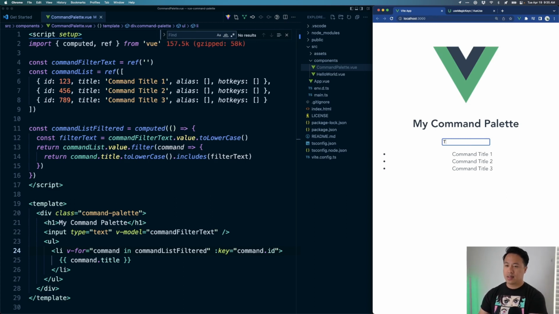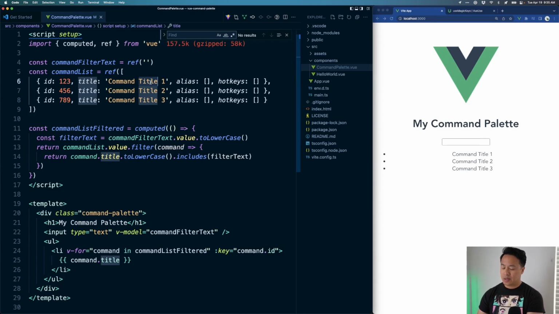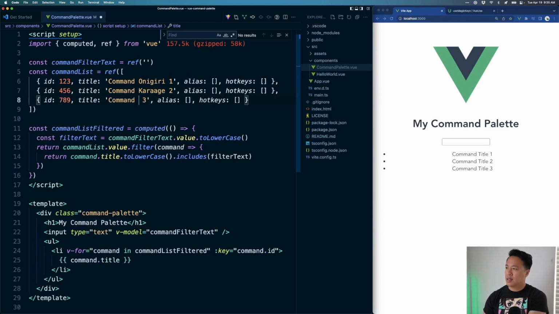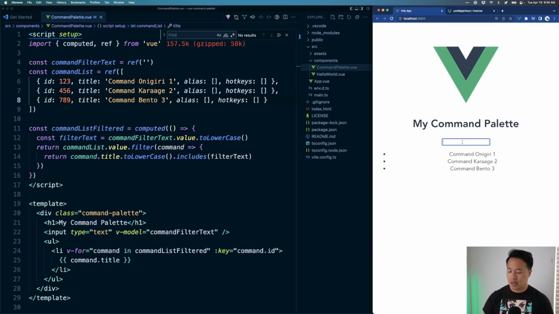And so if we get title, everything is included. Great. Let's just add, I said that we would stop doing fruit because I constantly been doing that. So I've been on a sort of Japanese food kick recently. So let's do onigiri for this one. Let's do some karaage for this one. And let's do some bento for this one. So this should be a little bit more fun now from a filtering perspective. Great. Onigiri, bento,